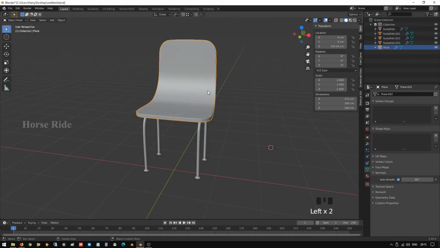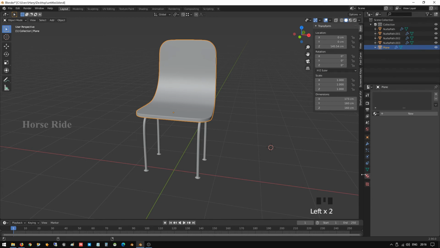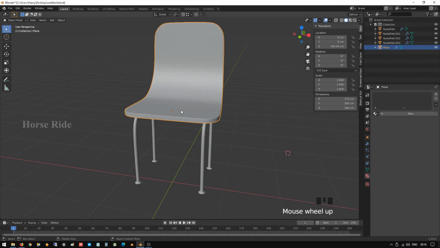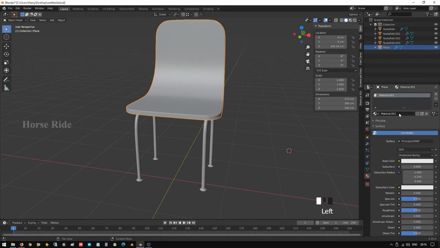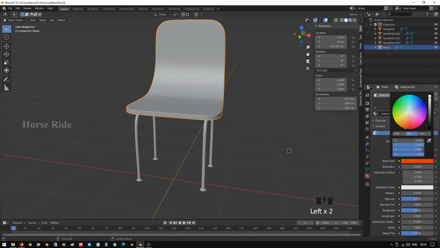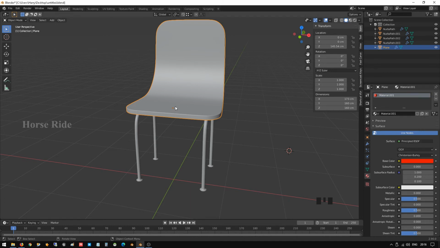Select the chair, go to this material icon view. After selecting this icon, press new and create a new material, and I'm going to make this red color, and go to the material view using this icon in the viewport.